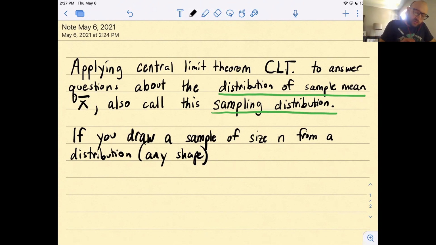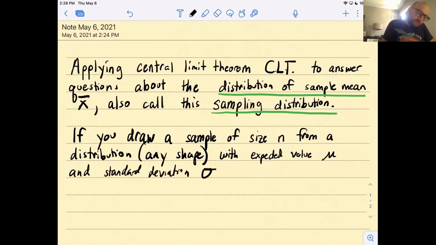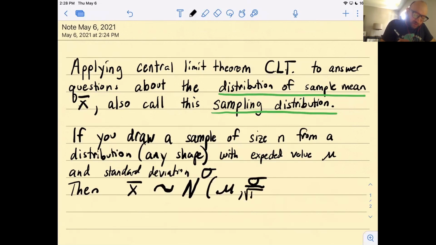If you draw from a distribution with mean or with expected value mu and standard deviation sigma, then X bar has the same distribution as the normal distribution with mean still mu, but now the standard deviation